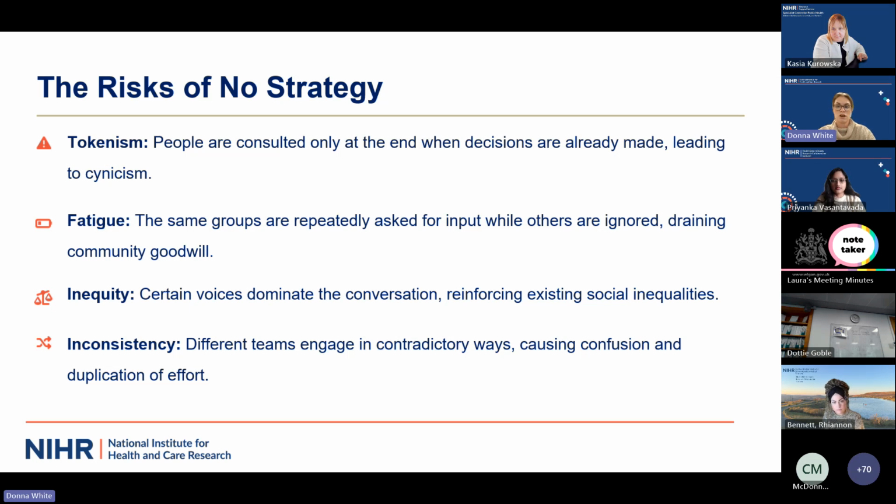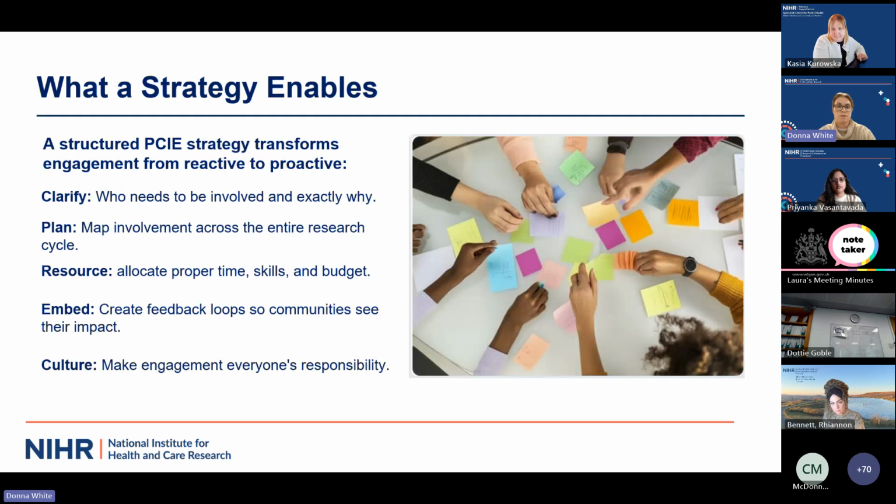So these challenges don't occur because local government lacks good intentions. They occur because without a structured strategy, engagement becomes reactive rather than proactive. So what does a strong strategy enable? A well thought out design helps councils clarify who should be involved and why, and helps plan how they will